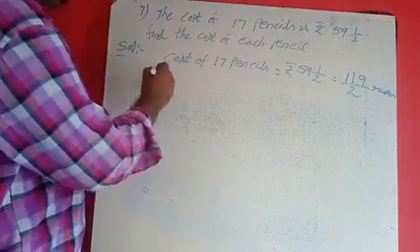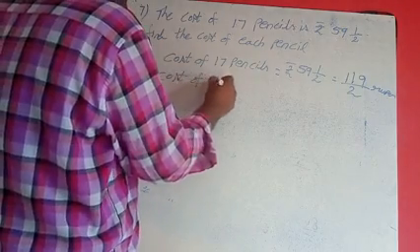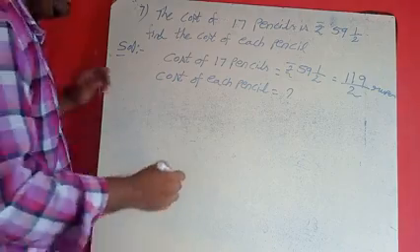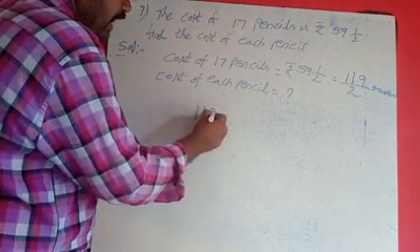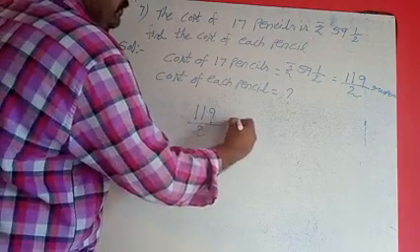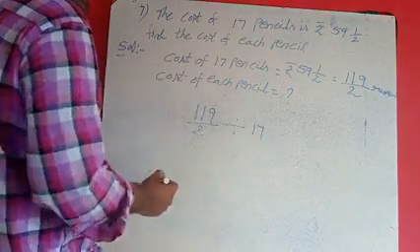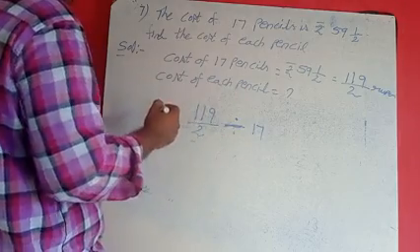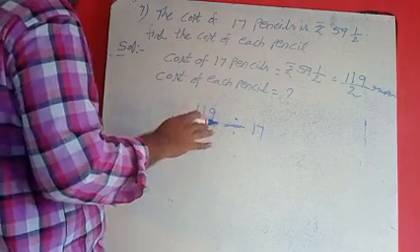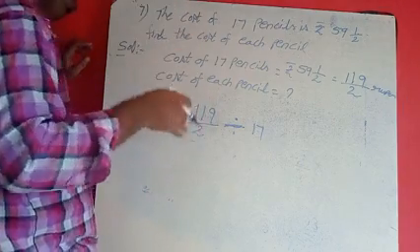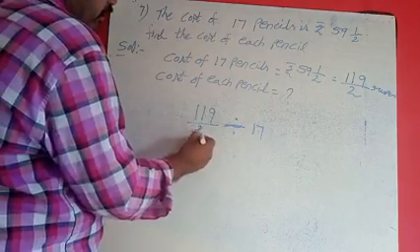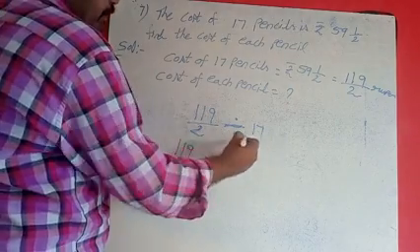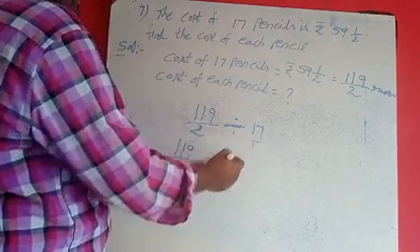Now what we have to do here is find the cost of each pencil. Each means how much? So according to that, the cost is 119 divided by 2, divided by 17. Why? Because for each pencil we have to do the division. The cost of 10 chocolates is 80 rupees, so the cost of 1 chocolate is 8 rupees. How did we get it? 80 by 10, cancellation, is 8 rupees. Like that only, here I wrote 2. Now 119 by 2 into 1 by 17, according to the cancellation.